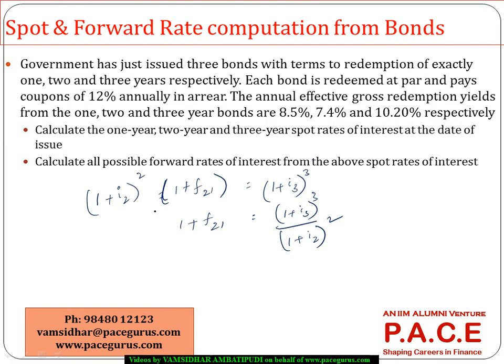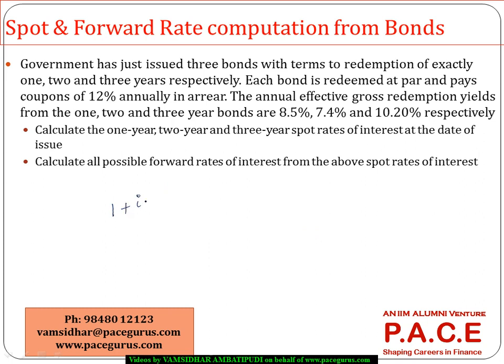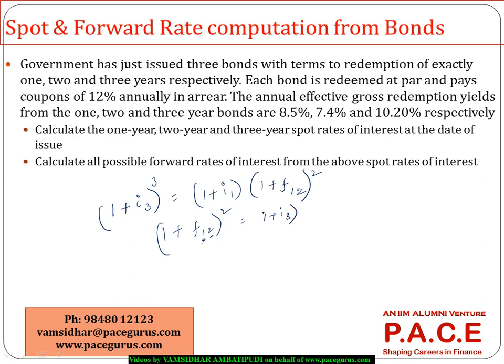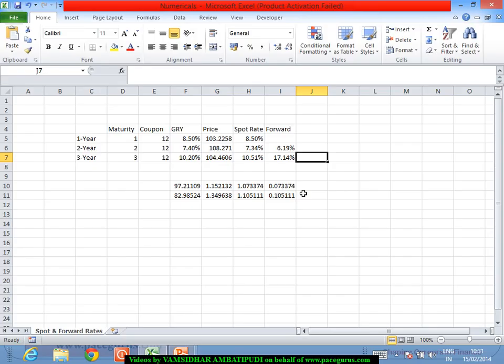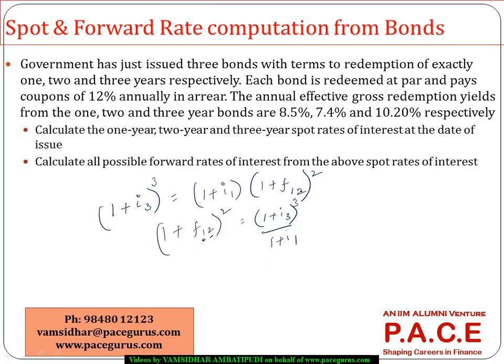The same way I can look at a 2-year forward rate if required from the first year onwards. So between 1 and 3, if I want to know the forward rate, it is nothing again but 1 plus I3 cubed is equal to 1 plus I1 into 1 plus F from the first year for a period of 2 years, squared. So from here again, 1 plus F12 squared, from the first year for 2 years, means between 1 to 3 years. This is equal to 1 plus I3 cubed divided by 1 plus I1, and I take the square root of that